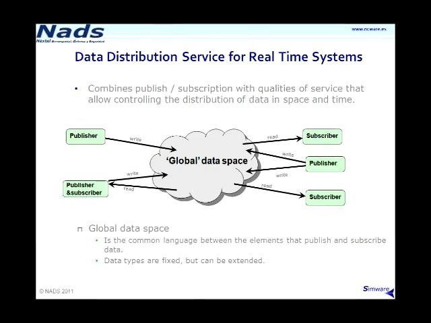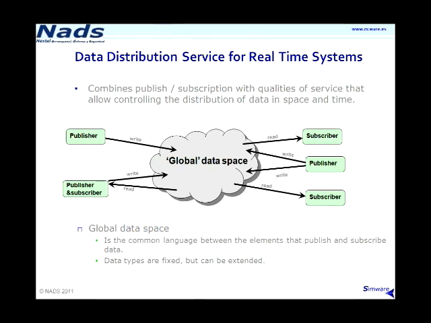The base is having a global data space that all the nodes know and share. Thus, this data cloud is not placed in any server or central hub. The participants declare the data they want to send to the net. This is called to publish. And the data they want to receive from the net, and this is to subscribe. That way, publishing and subscribing are not coupled. The data net is a free port where everyone can join or leave at any moment.